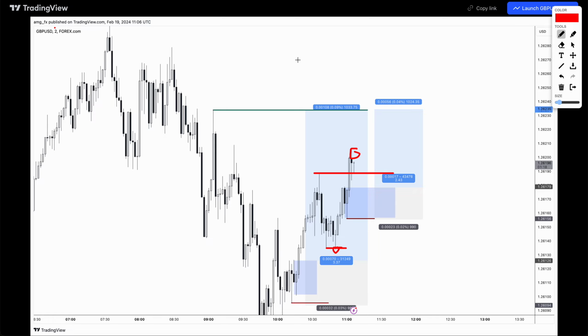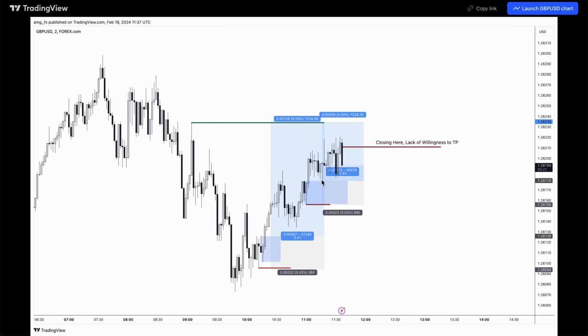Then again, we're on the 2 minute, but on a micro sense, we did have a grab of this liquidity, reaction, break. So we've got a micro invalidation here and a new true invalidation there. Price came in, reacted, came down, reacted higher, broke this low, and then came up, and then we failed to break these highs properly. So I just decided to close early here because I didn't want to risk having to